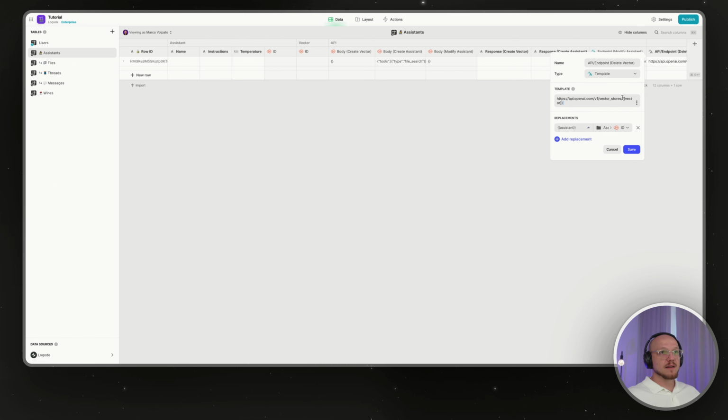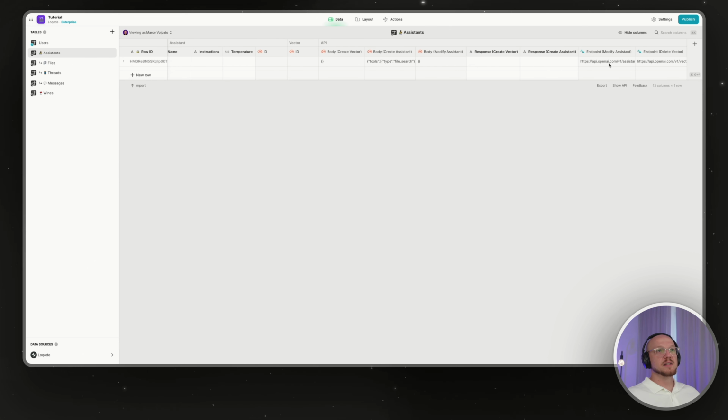So we get the vector and we replace this with the ID of the vector. So we've got the endpoint that we're going to use to modify the assistant. We've got the endpoint we're going to use to delete the assistant. And what we want to do now is one more thing here in the API. It's going to be API/endpoint delete